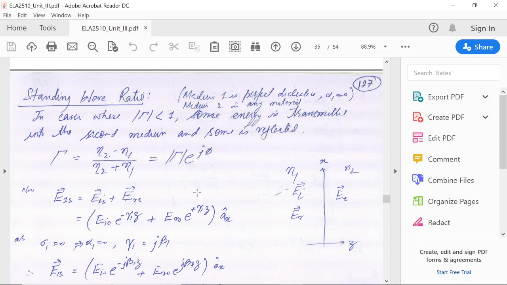So here we will take more general cases for the standing waves for different mediums, and we will also quantify the standing waves in terms of their standing wave ratios, which are very important, and they are practically used. These ratios are practically used to match two mediums. For example, you have a transmission line, and the transmission line needs to be matched with the load so that losses in the reflection should be less. So the standing wave pattern will give you an idea how much these two are matched.